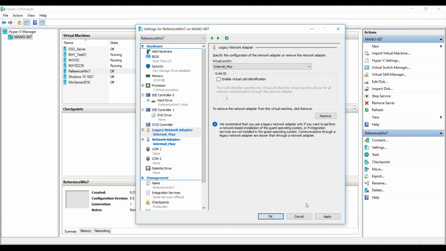Internal may apply. So that is one change I want to do. And the second thing, I want to give a static MAC address, because how will SCCM know that it has to push the build and capture task sequence only to this machine, right? So I want to give a static MAC address here, or else what I can do is, if you remember